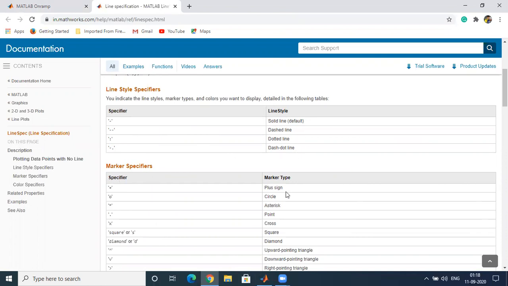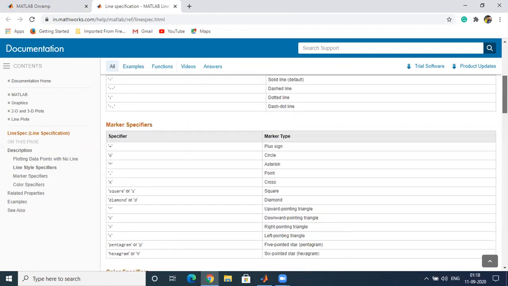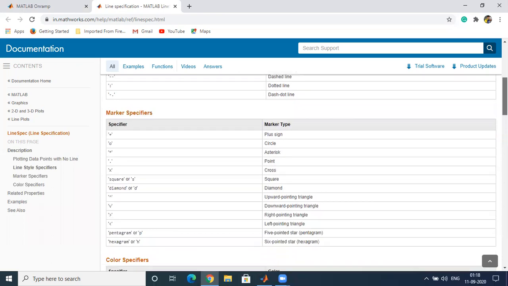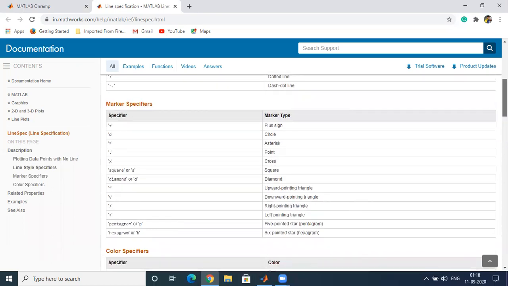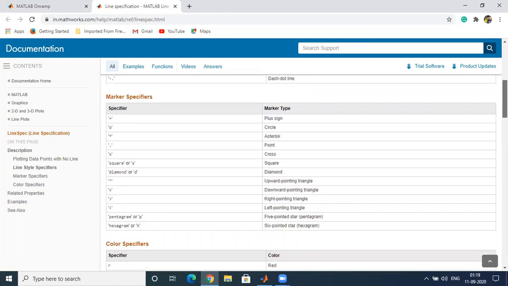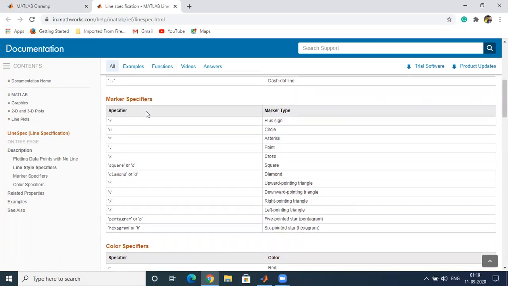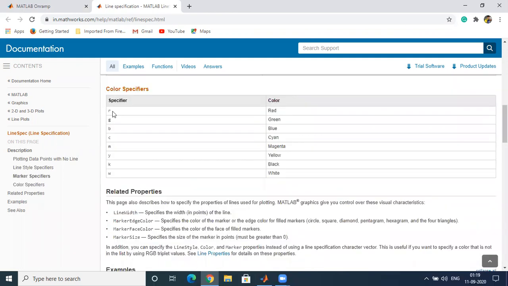There are markers which we can use here: the plus, circle, star, dot, cross, square, diamond, upward-pointing triangle, downward triangle, pentagram, and hexagram. So these are the symbols that we have to use to get these types of markers. And for color, these are some specific colors that you can use. R stands for red, G for green, B for blue, C for cyan, M for magenta, Y for yellow, K for black, and W for white.